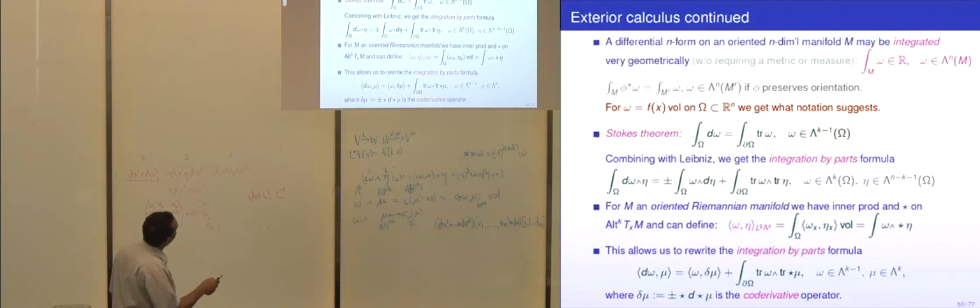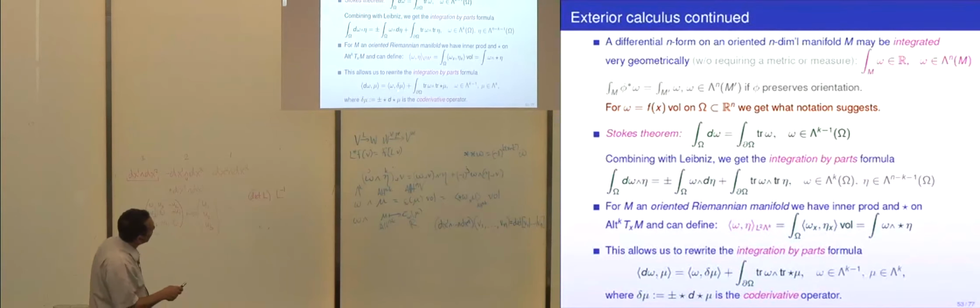Now, if we plug that in here, so we replace all these inner products with the Hodge star, and if we define an operator in the following way: take a k-form, star it to make it an n minus k form, differentiate it to make it an n minus k plus 1 form, and star it to make it a k minus 1 form with the right sign, call that delta u. So let's just do that picture.